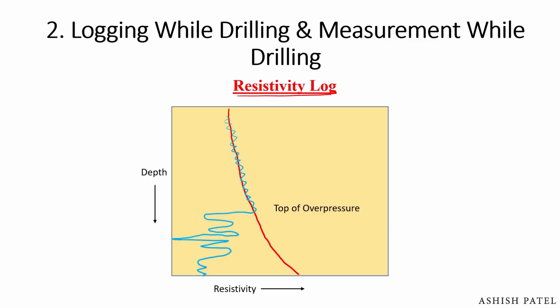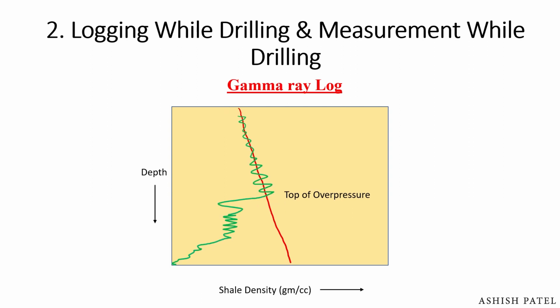The resistivity log measures the resistivity of the fluids in the formation. If the formation is more compact and overpressurized, in that case, the salinity of the water is higher and the resistivity measured by the resistivity log is lower than in normally pressurized zones. Gamma ray measures the shale content of the formation. Shale density generally increases with depth in normally compacted shale, but in undercompacted shales, the porosity increases with depth, which results in lower density of the shale.